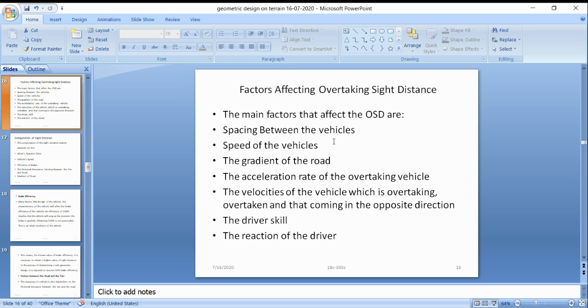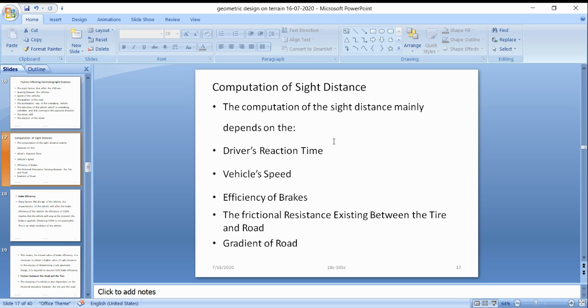It will depend, if it is a heavily loaded vehicle, on the skill of the driver. If suddenly, while overtaking, any unexpected thing like animals appears, then the reaction of the driver is also important at the time of overtaking. So for the sight distance, we have seen stopping sight distance, intermediate sight distance,